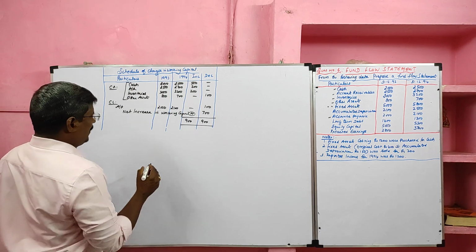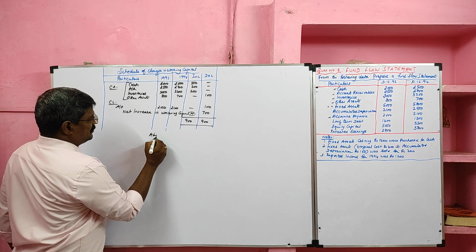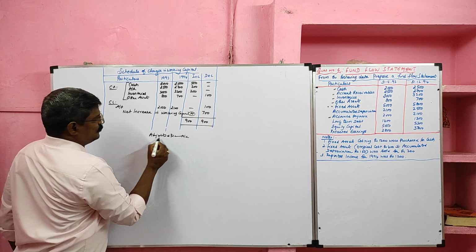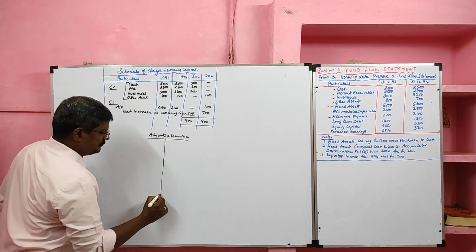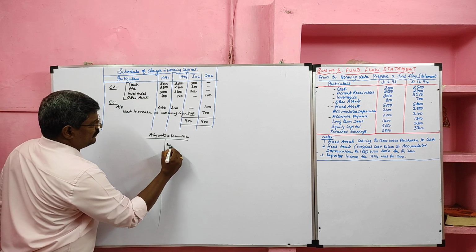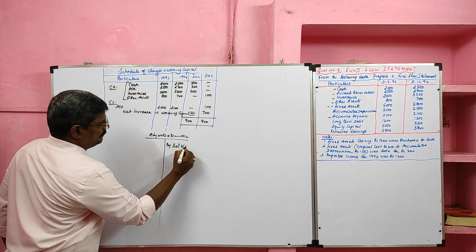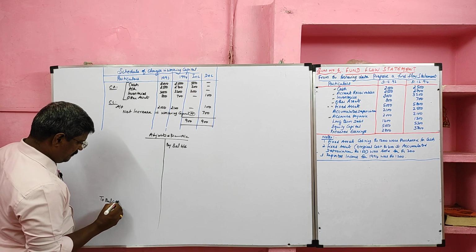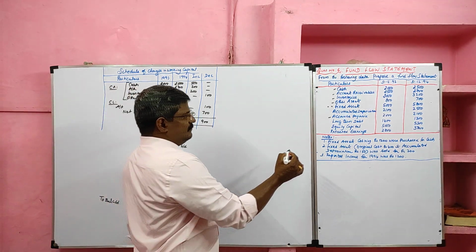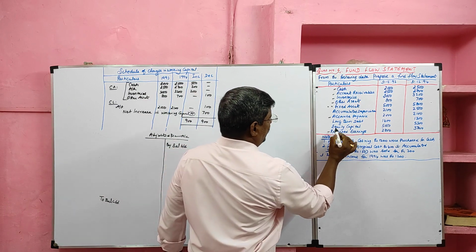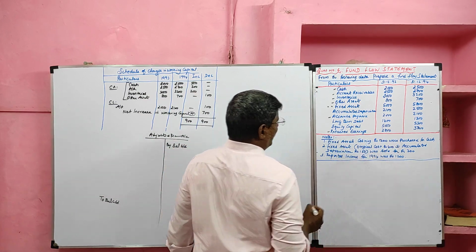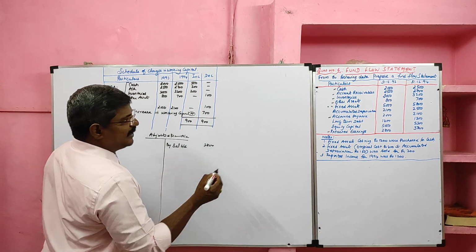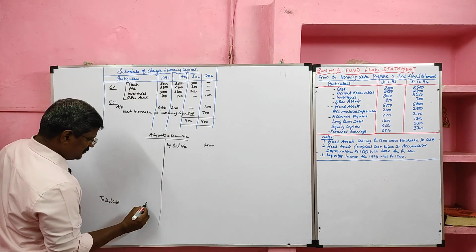Then we are going to prepare the adjusted profit and loss account to find fund from operation. So the opening balance of profit and loss account is credited, and the closing balance of profit and loss account should be debited. Here retained earnings are considered to be the profit and loss account. So the opening balance 2800, closing balance 3700.